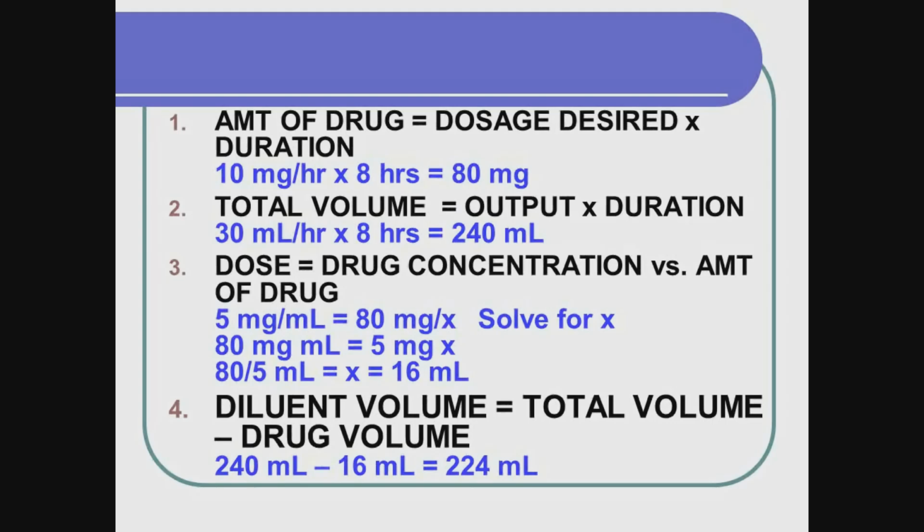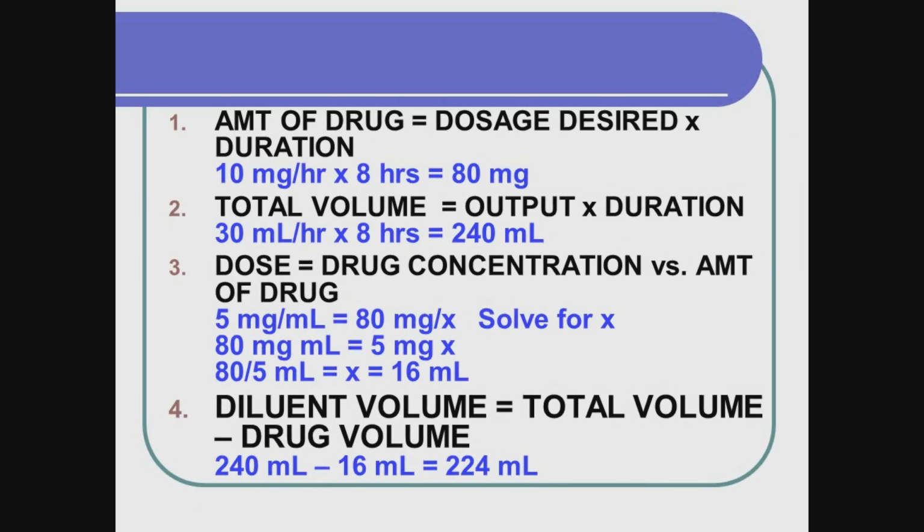Well, I got to convert that 80 milligrams into milliliters to know how many milliliters of medication I have to draw up to place into the nebulizer. So 5 milligrams per ml is the concentration. If I set it up as a ratio where I have 80 milligrams in some unknown number of milliliters, do my cross multiplication, I come up with 16 milliliters. So 16 milliliters of medication, of albuterol, have to be drawn up into a syringe